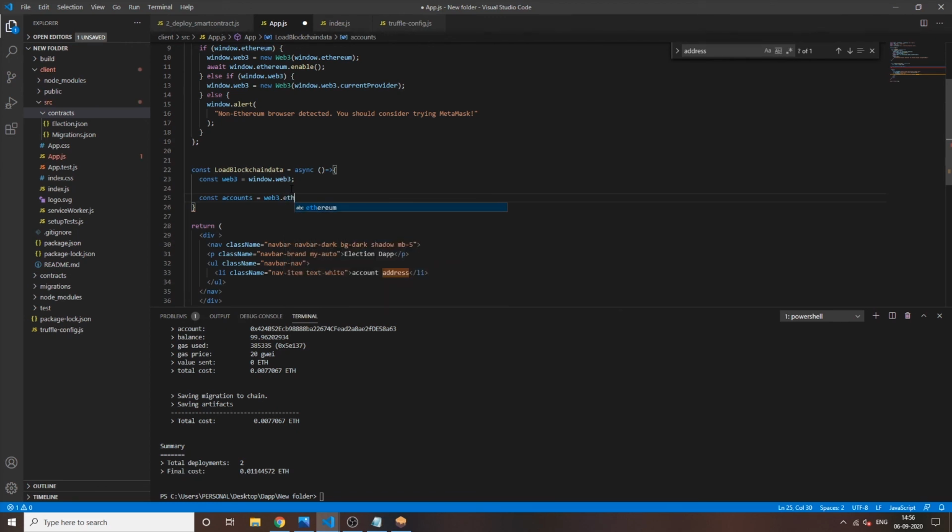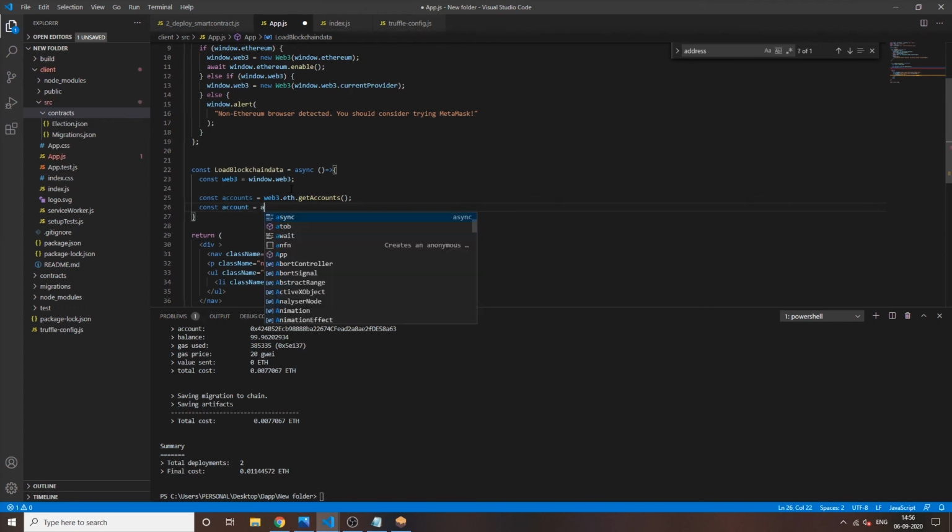Just type web3.eth.getAccounts. It will return all the accounts, and we can store a particular account. The address at position 0 is the current address.